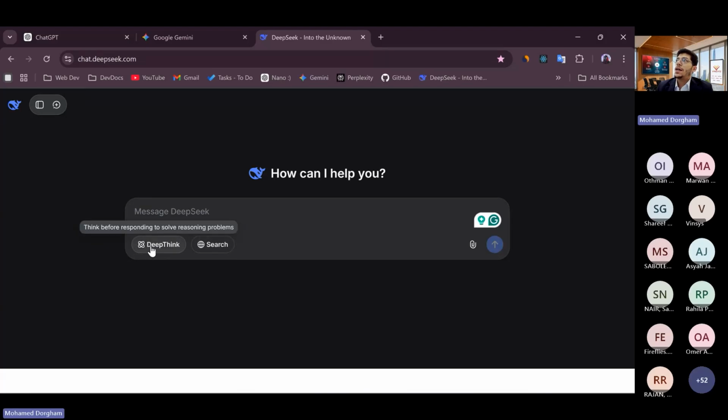In fact, this is the normal version. And if I click, it will turn the button to a color button, and I can see now the DeepThink is activated. Also I can see clearly there is another tool called Search. If you write a question that requires an answer based on some online search, you can turn this on, so it will use the internet to look for the answer.